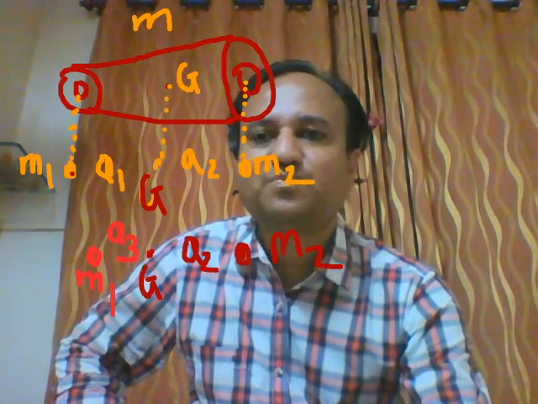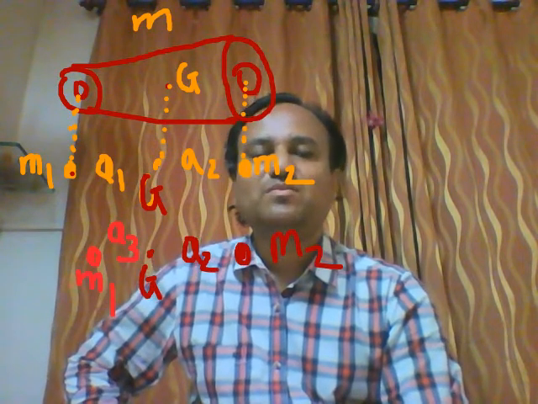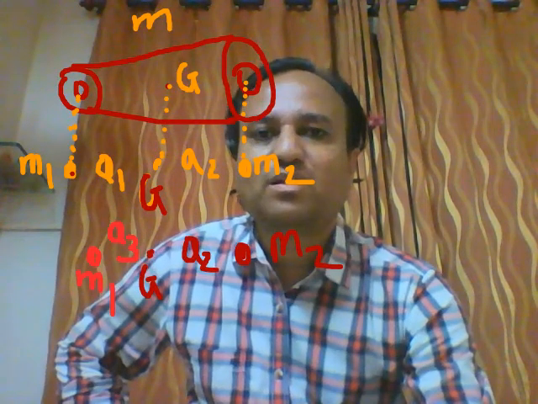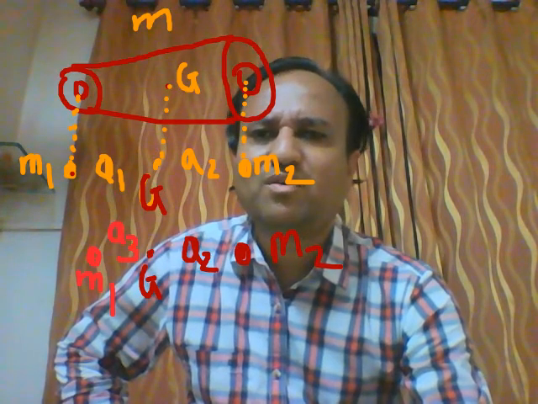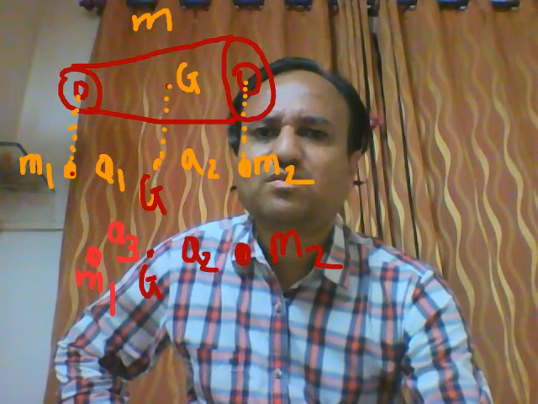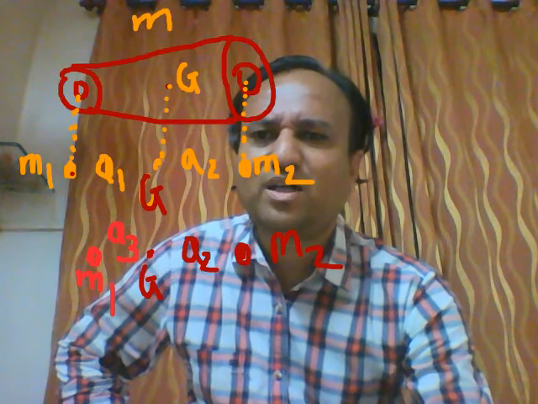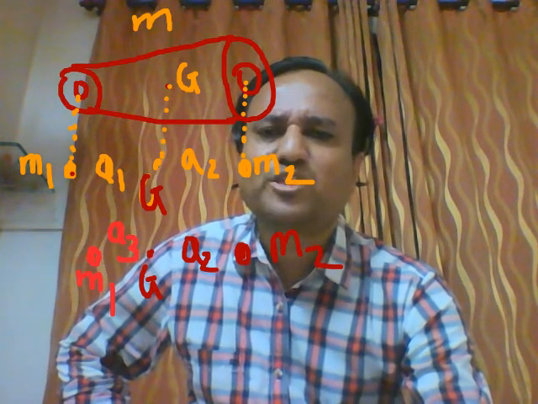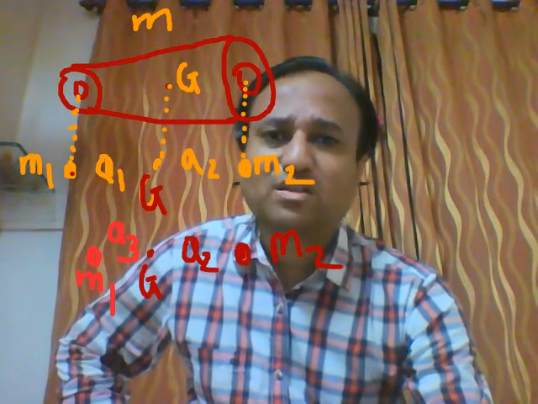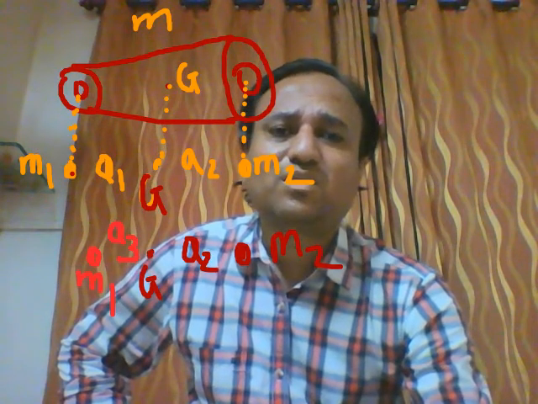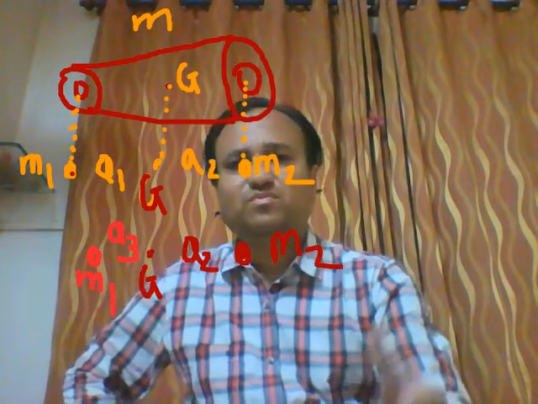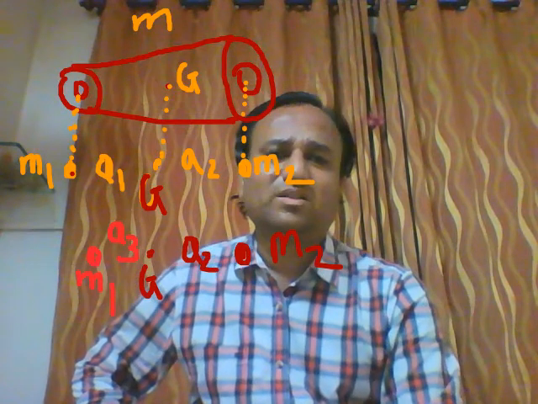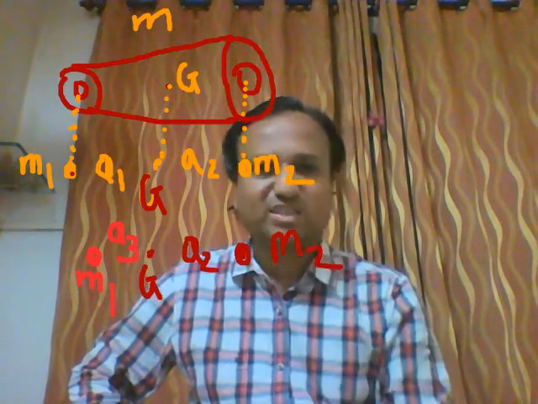See student, previously by placing arbitrary masses, that is directly at the small end, at the center of the small end, let M1 be the location of the first point mass, and at the center of the big end I have considered the location of the point mass. Okay, that will be the approximate analysis.